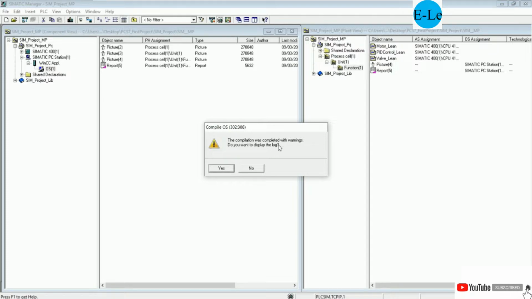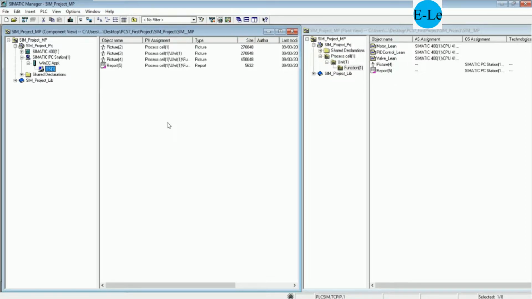Okay. Compile was completed with warning. No need to show the warning. Yes, there is no error. And then we can go to